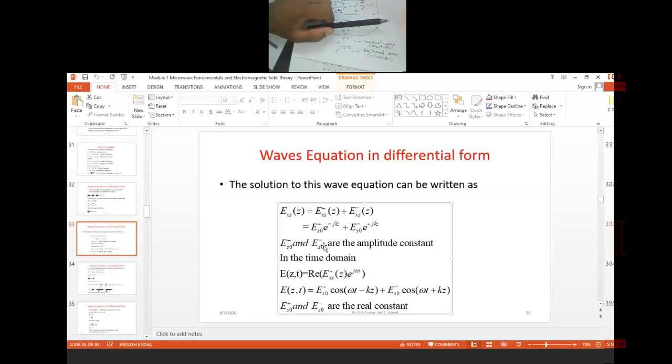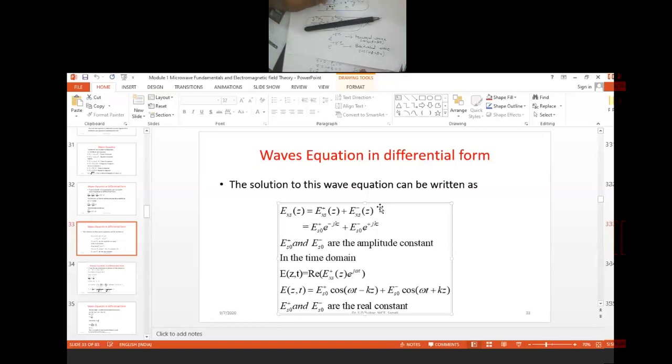Now using that, it is always said that the electric field vector has a forward component and a backward component. Why do we require a forward component and a backward component? Because when a wave is propagating and at the same time some material is there, some of the component is reflected back and some is refracted, reflection and refraction. In that case there are two components. One is the positive component and another is the negative component.